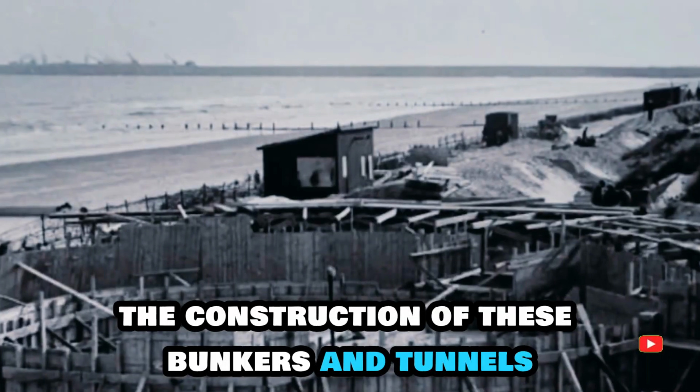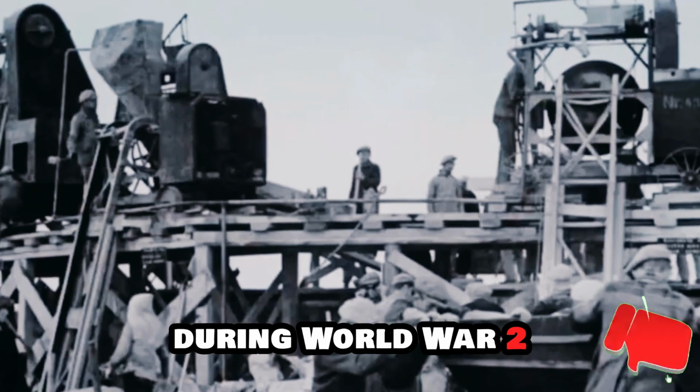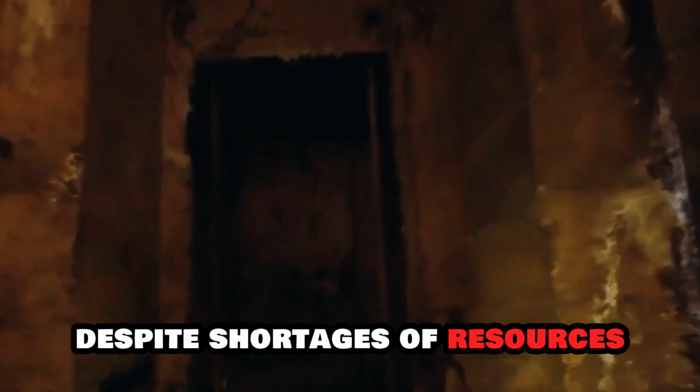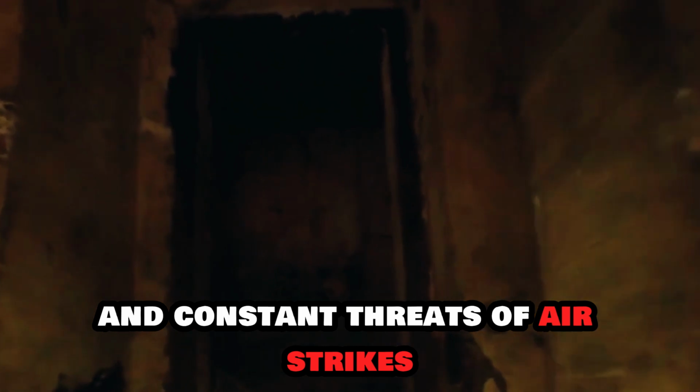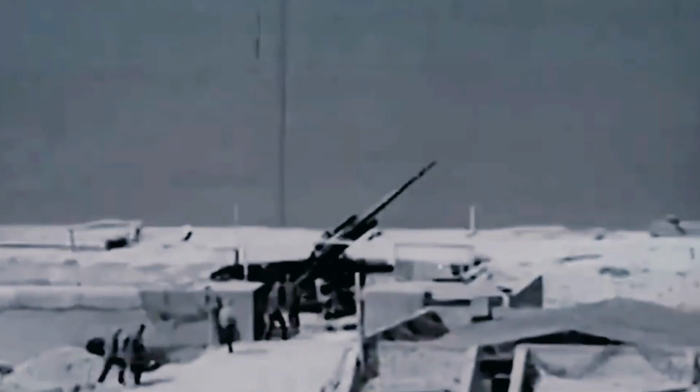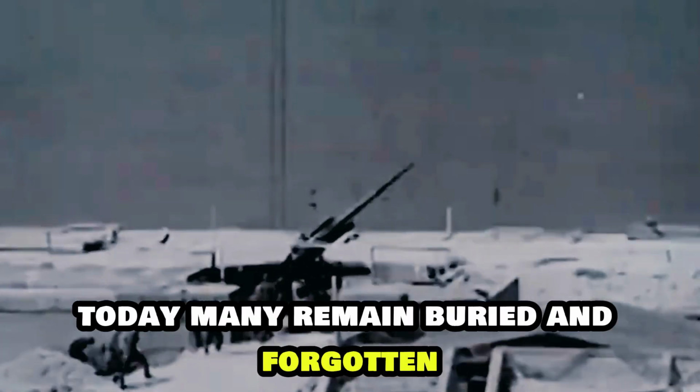The construction of these bunkers and tunnels during World War II was nothing short of an engineering marvel. Despite shortages of resources and constant threats of airstrikes, thousands of these structures were completed. Today, many remain buried and forgotten, serving